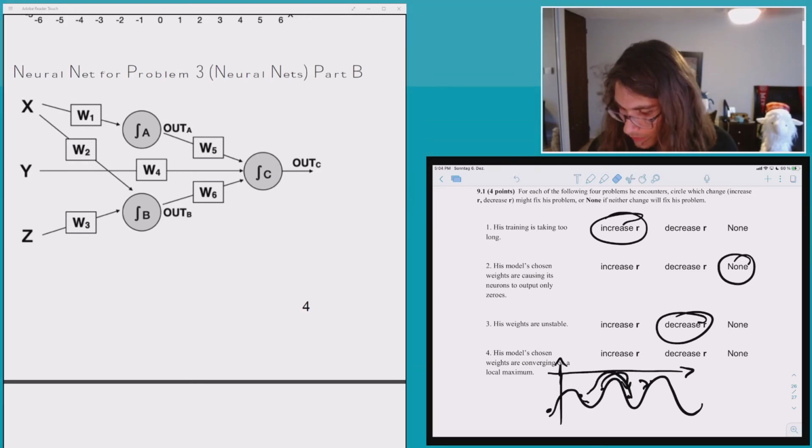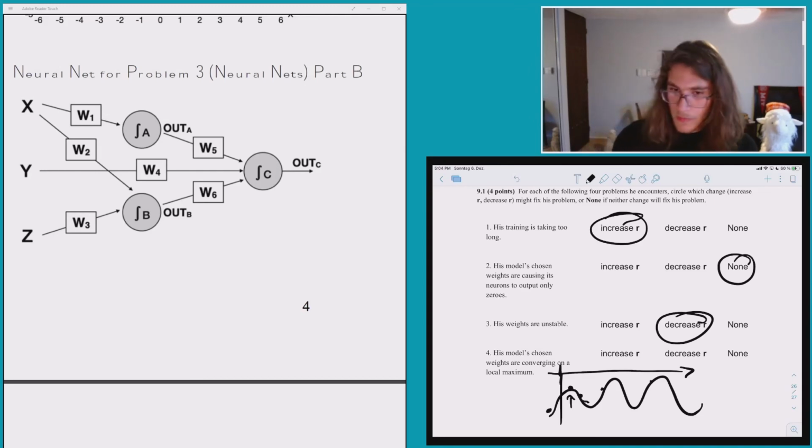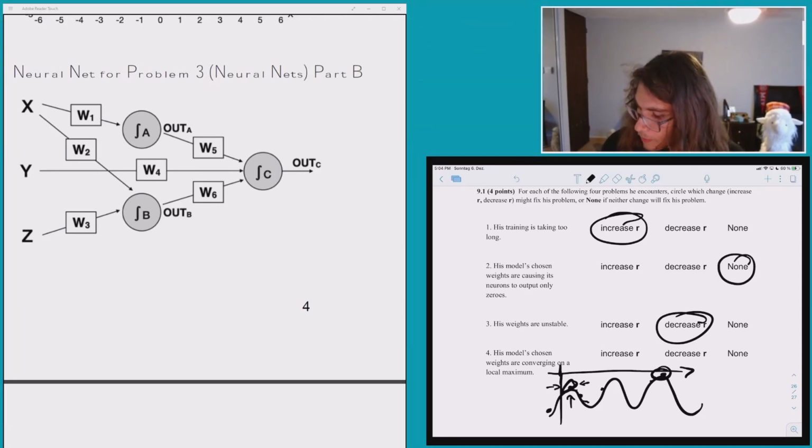Okay, and then the last one is weights converging on a local maximum. And that means assuming, I'm going to say it's converging here instead of maybe here. So this is what we want, this is where we are. The reason is, if the learning rate is too low, it's going to be stuck here, because the slope is going to tell it just adjust and stay at the top